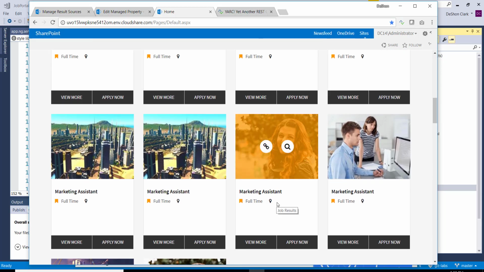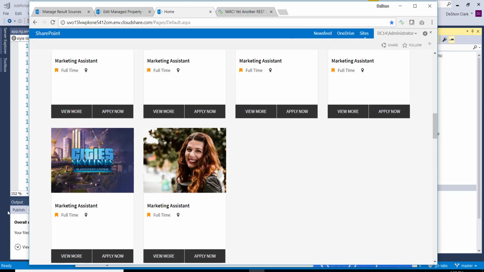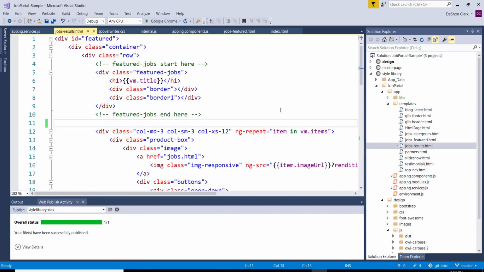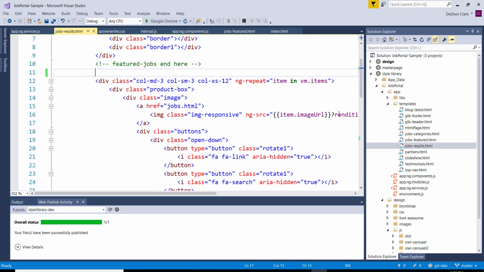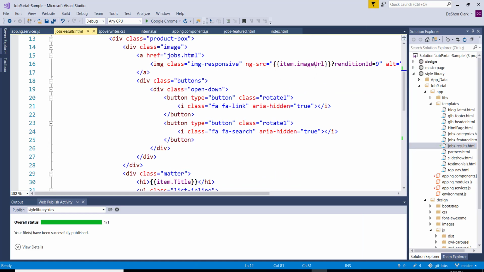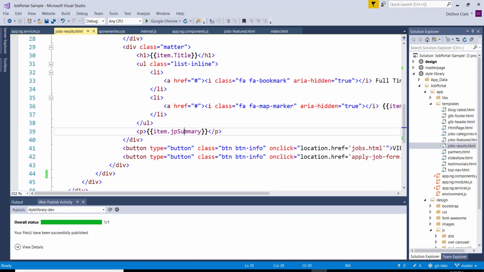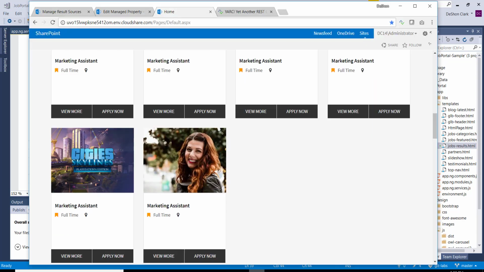Now what we want to do is bring in the location and the summary, and I think we can call this part of the video done, because we walked through how to extract that information. So this is our collection. We just do our ng repeat there, and this is all done for us because we used the same property name when we were mapping that. Now if we get down a little bit further, this JP summary does not make sense for search results, so we need to specify that managed property